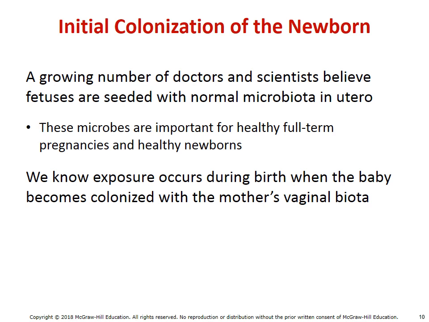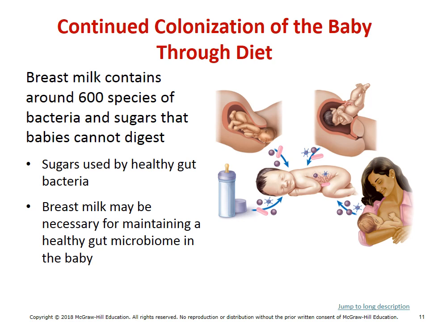One of the more important things we're starting to understand is that our initial colonization happens really at birth. And so it's important to understand that the more effectively we initially colonize, the greater chance the offspring has a healthy life. And so one of the things I want to point out is through natural birthing processes, the first microbes the baby would be exposed to are the microbes of the mother's vagina. As a result, again, we would expect certain microbes to establish early on in development. But again, if we do something else like a cesarean, we can have a situation where we're not being exposed to the right microbes that would help set up a good, healthy initial start.